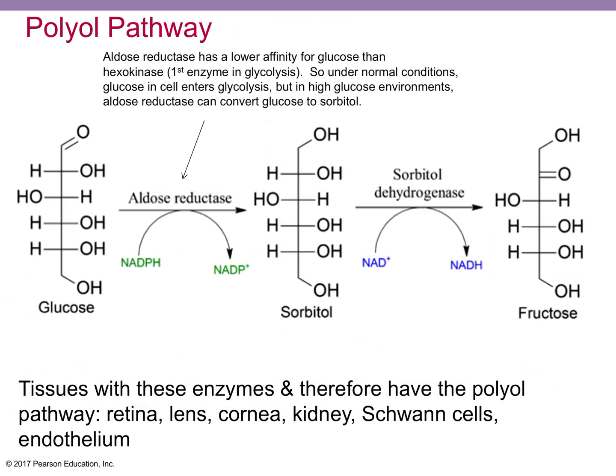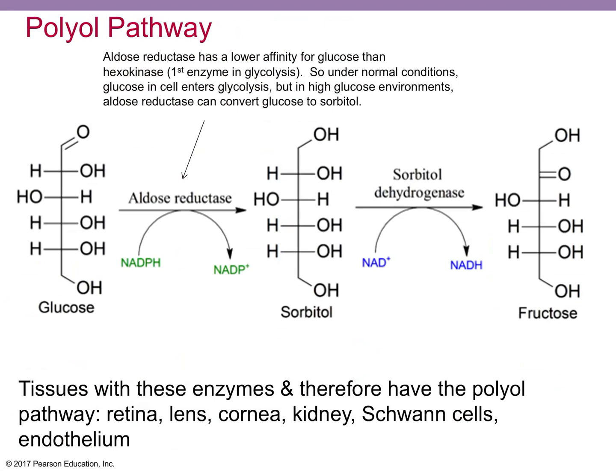Okay, so let's look at the polyol. So that was glycosylation. If you read more about diabetes, you'll find this glycosylation causes a lot of problems. And you can think about it throughout the whole body, right? You have proteins everywhere, enzymes and structural proteins. And if they're glycosylated, this is an abnormal form for that protein and it can cause issues in different organs. Number 3 in the chronic complications is something called the polyol pathway.